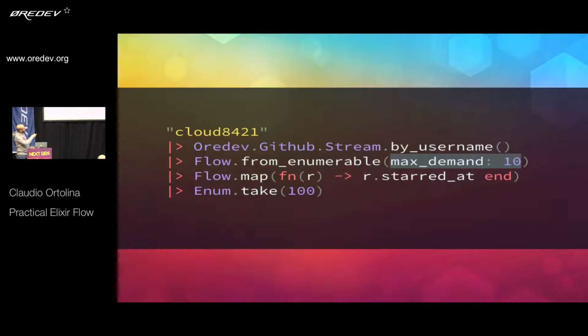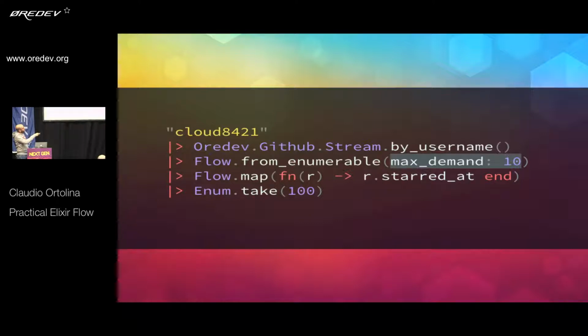So with that specific constraint, what happens here is that we decide we want 100, and we set a max demand of 10. We're going to tick in the stream, fetch the first page, which returns 25 results. That means that we can start processing, because we said the maximum we can handle is 10. So the data will flow through the subsequent stage, and we'll start mapping. I'm filling the final enumerable here, so we're going to start with 10 mapped, and we get basically a list with 10 items. We're not going to see that because we haven't got to 100.